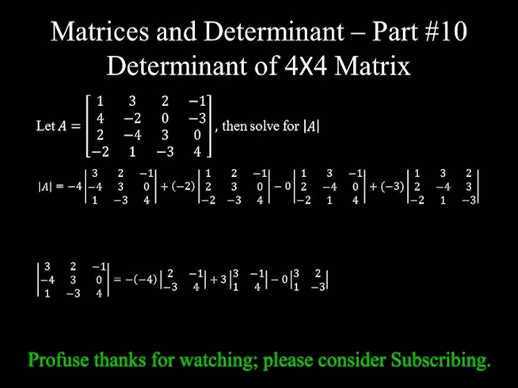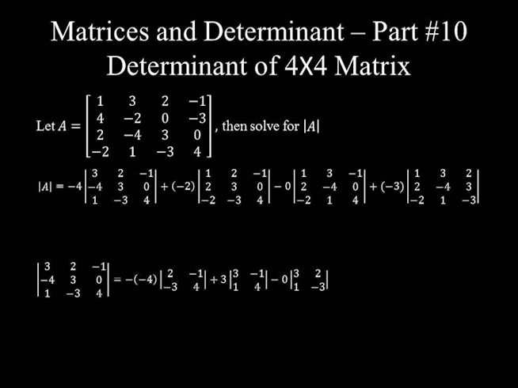To determine the determinant of a 2 by 2 matrix, we have to multiply the main diagonal elements, and from this product, we have to deduct the product of the remaining two elements. That's minus negative 4, which is plus 4, times 2 times 4 minus negative 3 times negative 1, plus 3 times 4 minus 1 times negative 1, minus 0 times any number, which is simply 0, which is equal to 4 times